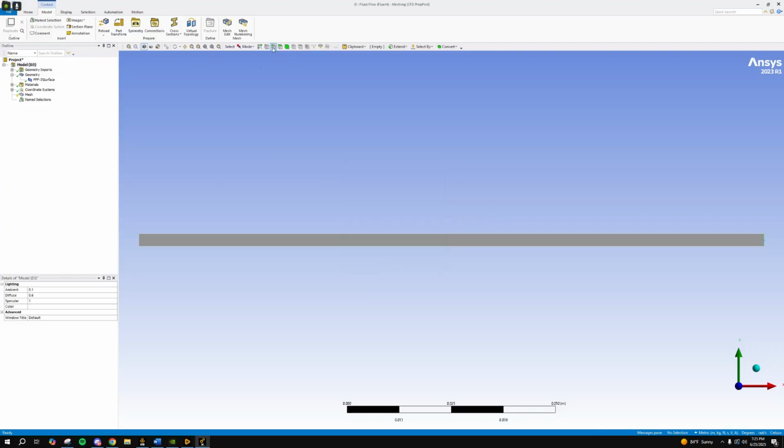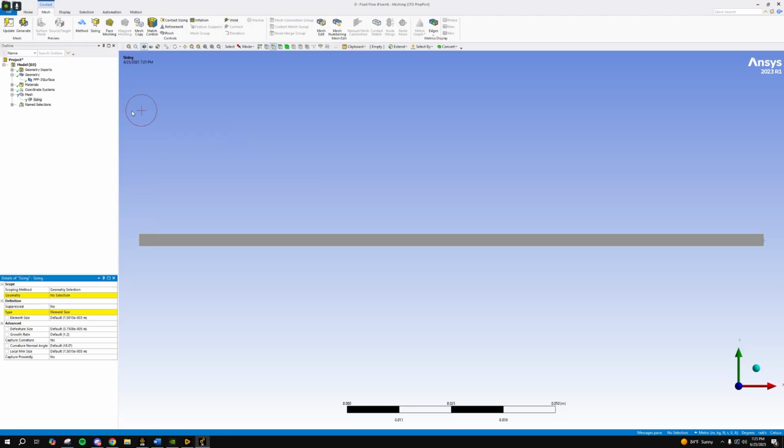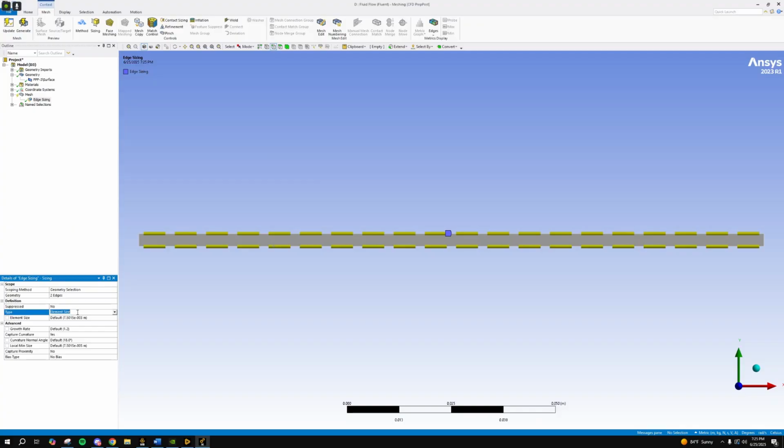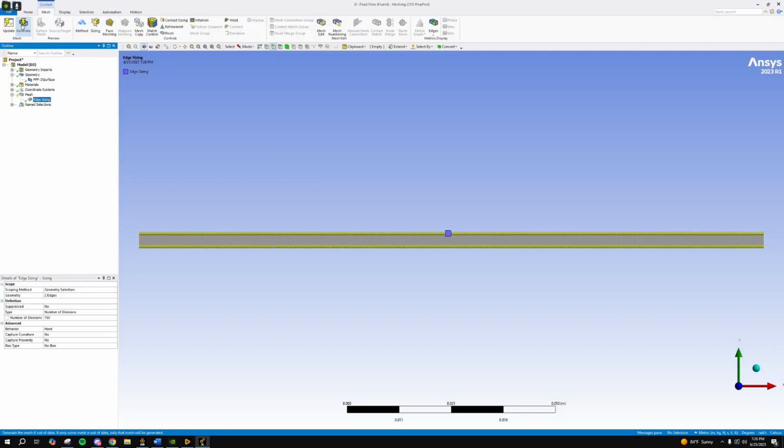From here, we're going to make sure we're clicked on the edge, or you can press Control E, and we're going to go into mesh, right click, insert, sizing. Then from here, we're going to be Control clicking the top and bottom. So the top one and the bottom one. And then go into geometry, click apply, change the element type to number of divisions. And for my personal use case, I'm going to be using 750 because that has just worked perfectly for me. And then we're going to change capture curvature to no and behavior to hard. From here, we're going to click generate,